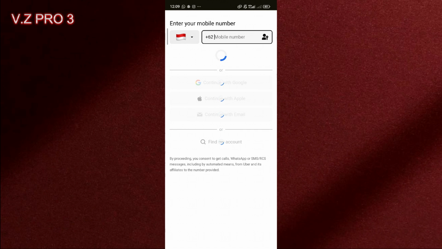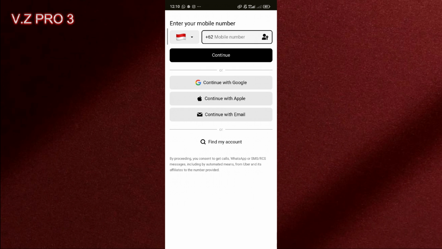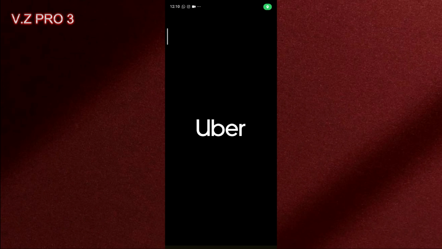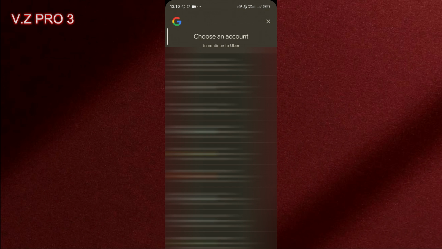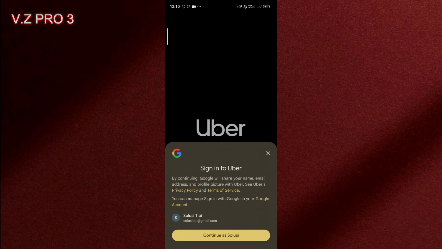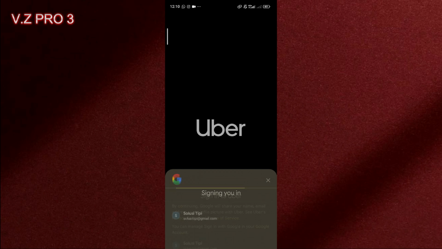You can continue with your phone number. You can continue by entering your phone number, or you can continue with a Google account, with an Apple account, or with your email. For example, we'll just try to use my Google account. Okay, choose the account, continue,